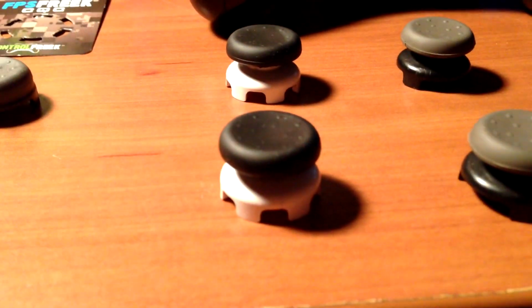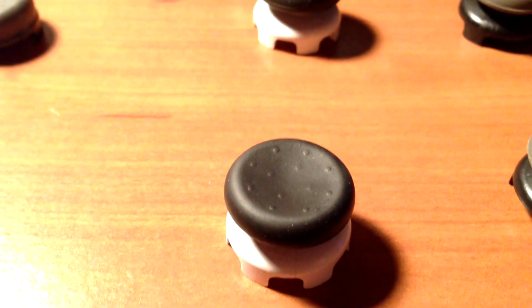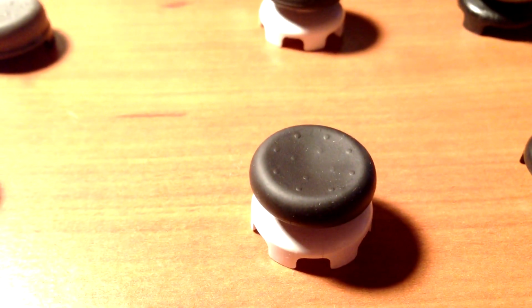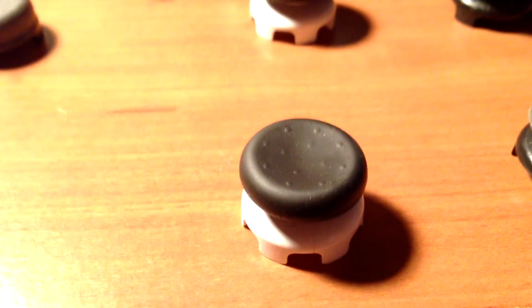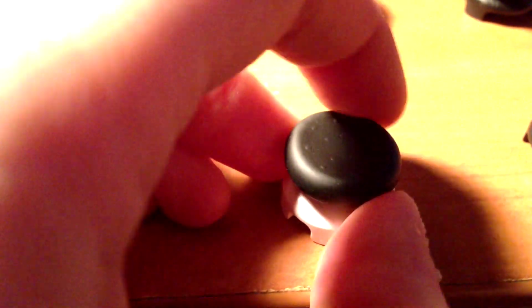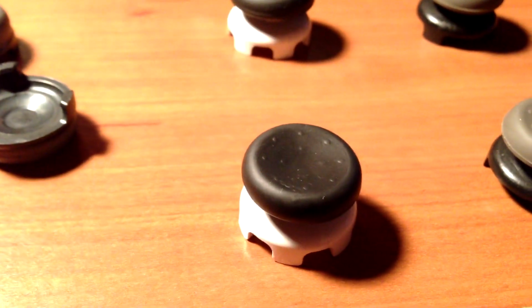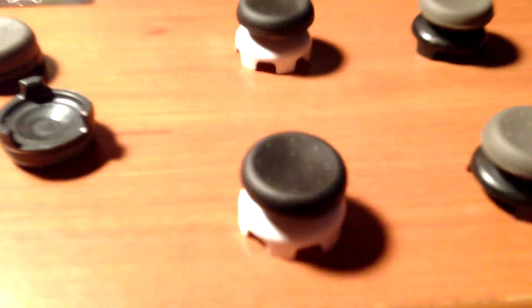So you can see I have the original classic model, which is this white and black one. I don't know how well you can see with the light and such, but there's really not a lot of grip left on these. I used them for a very, very long time. The one thing that I noticed about these, and I'm pretty sure it happens with most of them, is that the rubber on the top actually starts to spin a little bit. You can see that. And that causes a little bit of annoyance, especially when you're trying to play and your fingers are slipping all over the place. But you can see the grips are worn down,